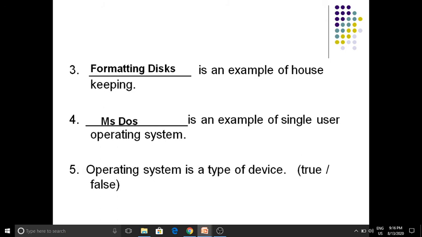Next question is, operating system is a type of device. He's asking whether true or false. No, it is false. Operating system is not a type of device. It is a set of programs which act as an interface between the user and computer system.